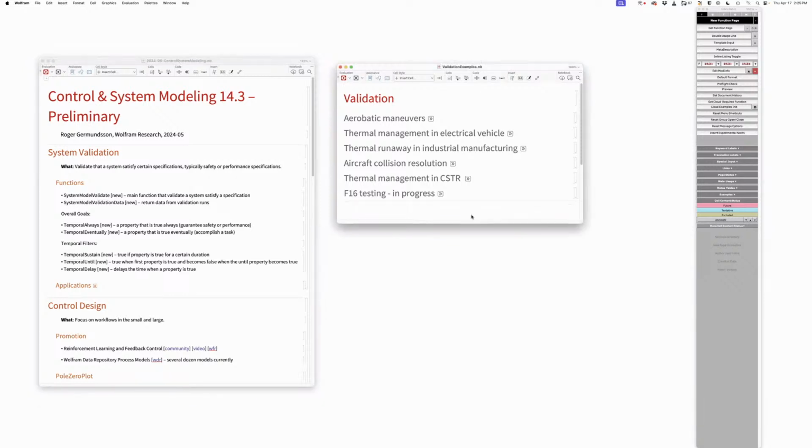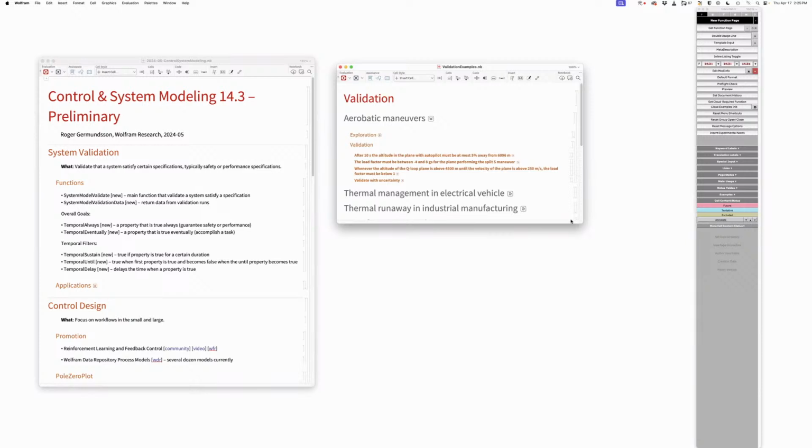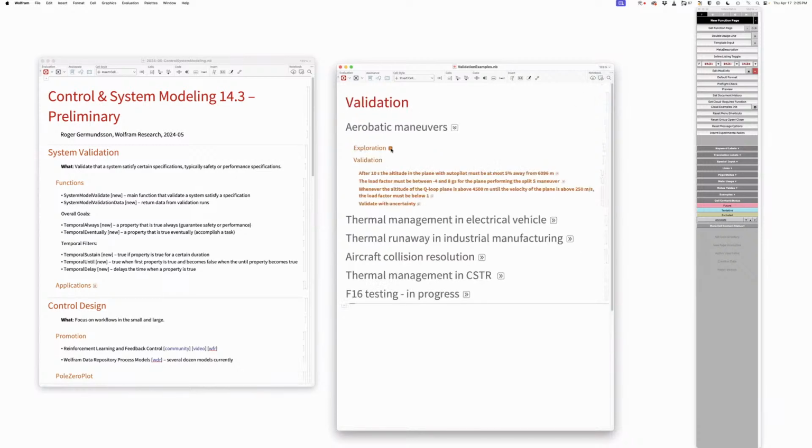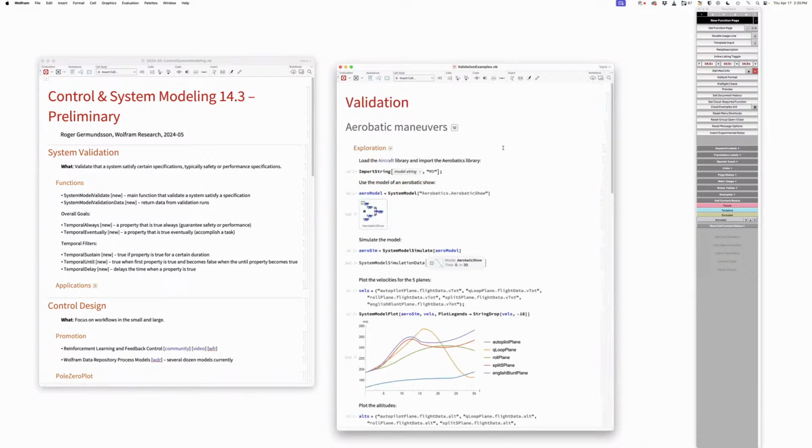Should I look at an example just to get some sense of what we're talking about? Yeah, you can do that. Okay. So maybe you want to magnify it. And so